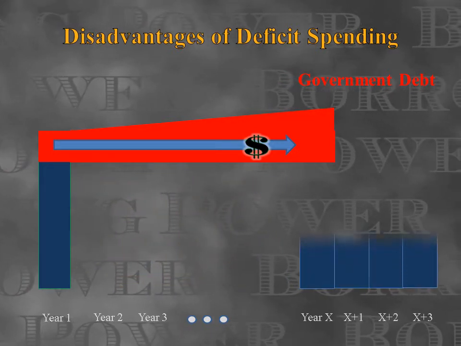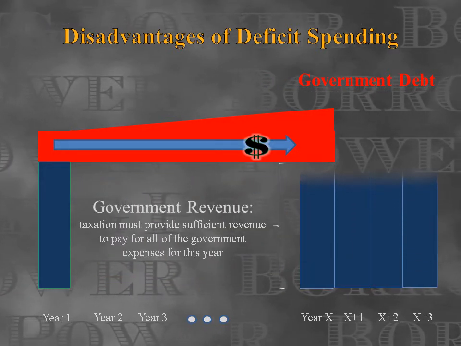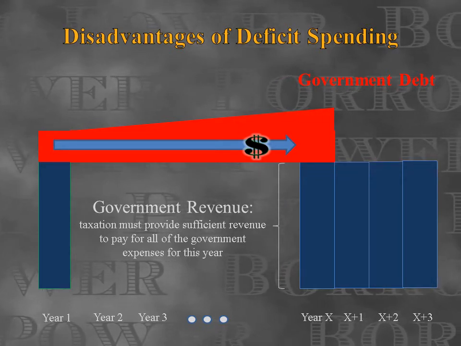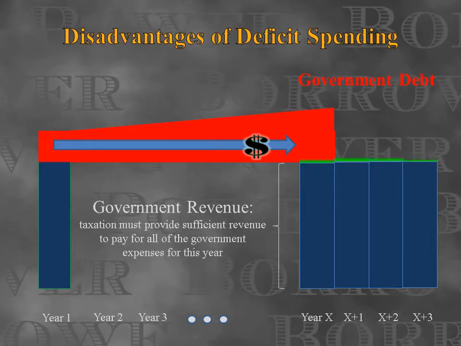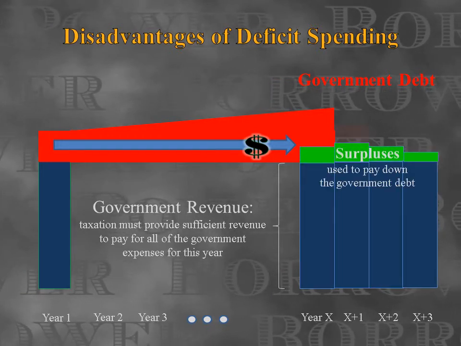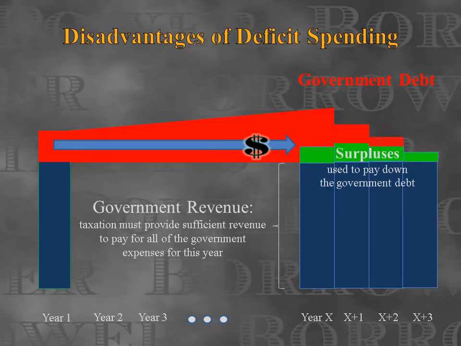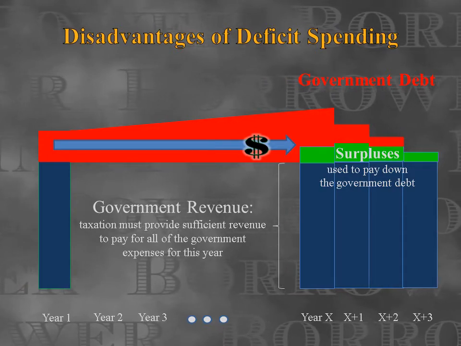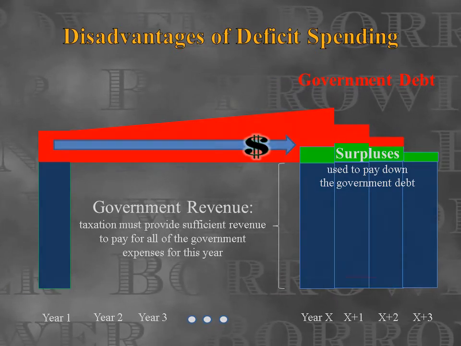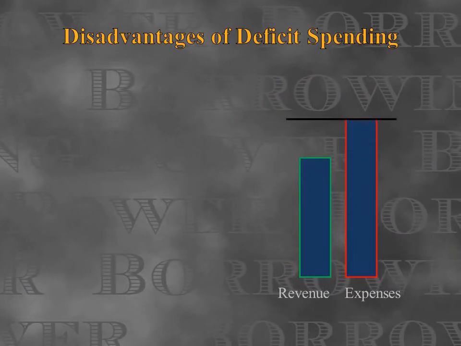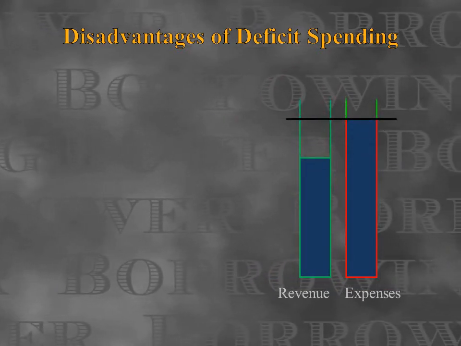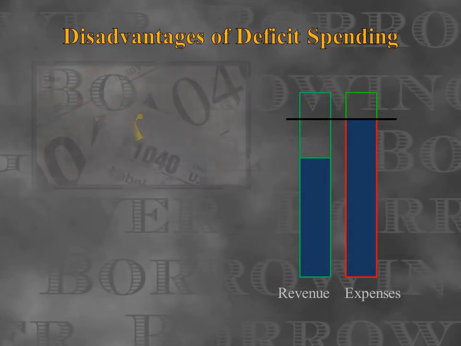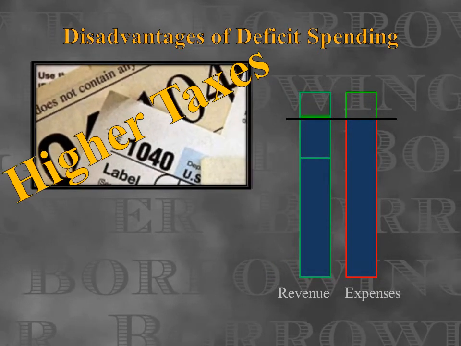The deficit places additional burdens on future taxpayers who must not only provide government sufficient revenue to cover all the yearly expenses, including the interest on all borrowed funds, but also pay enough to create a surplus, which can be used to pay off at least a part of the debt the deficit or deficits have caused. In order to ensure that revenue will cover all expenses and create a surplus, the government may increase revenue through higher taxes.